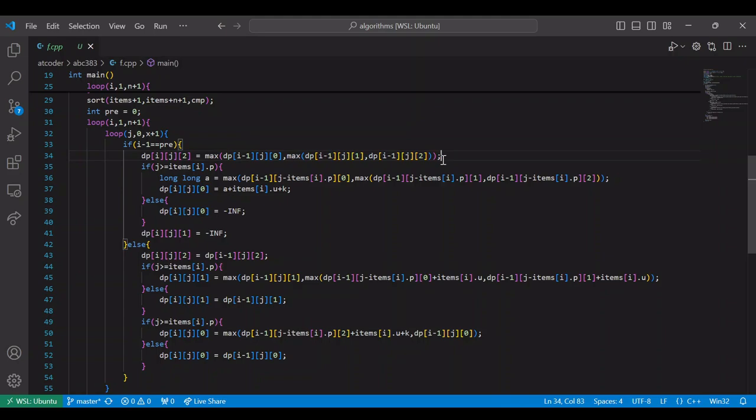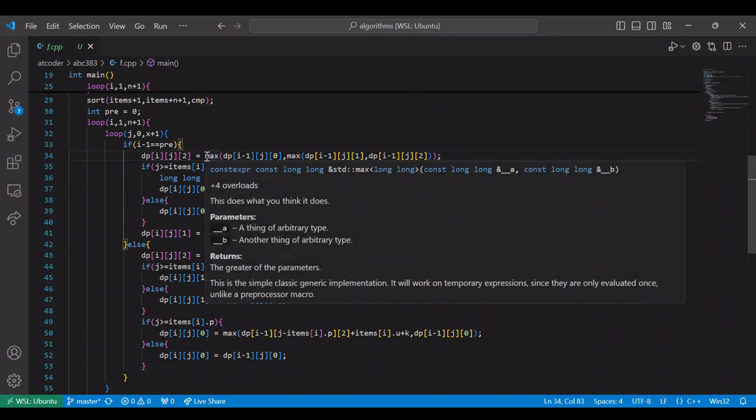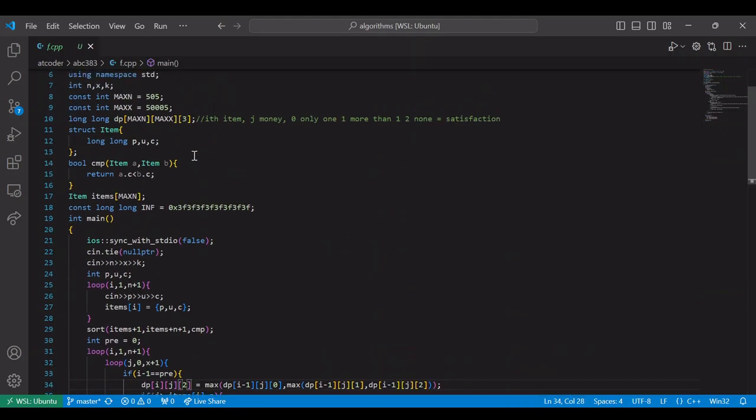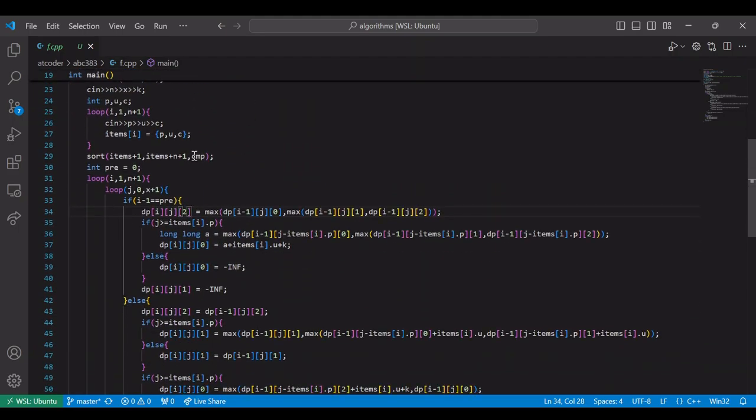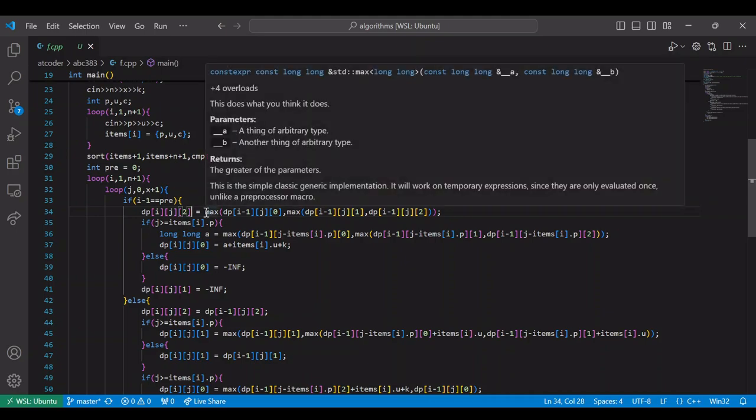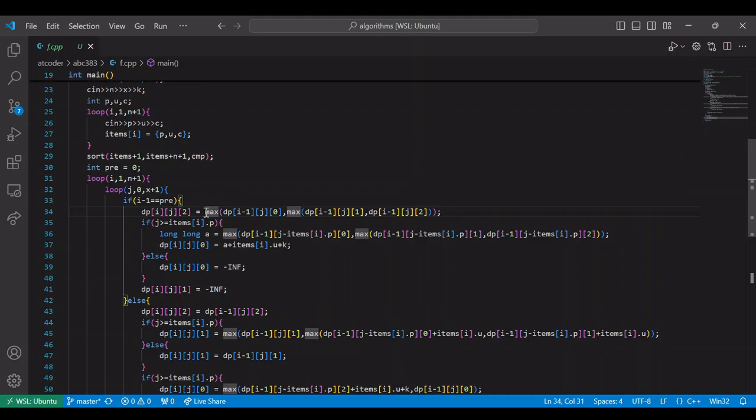And this is because the previous item is of a different color, so we can choose however many items we want, since dp[i][j][2] is the case when none of the items of the current color are chosen, so it has nothing to do with however many items we choose for the previous color. So we can just find the maximum satisfaction out of all of those possibilities. And for dp[i][j][0], this means that